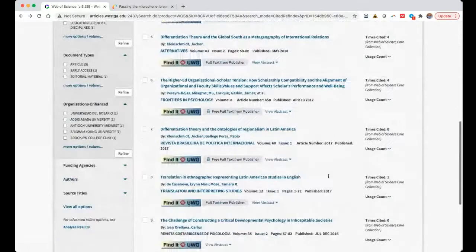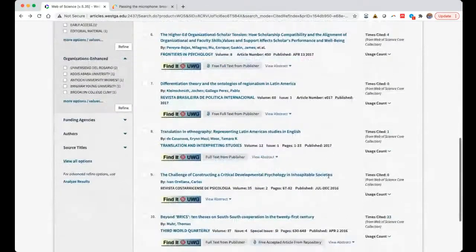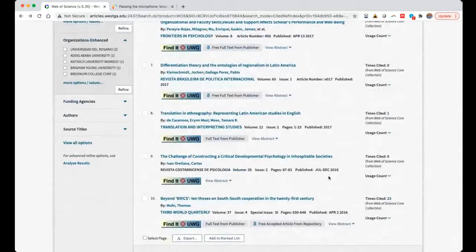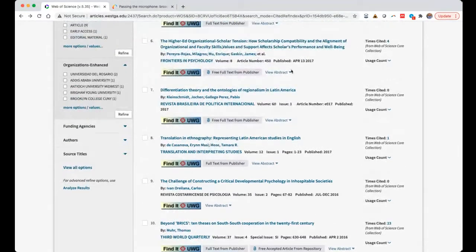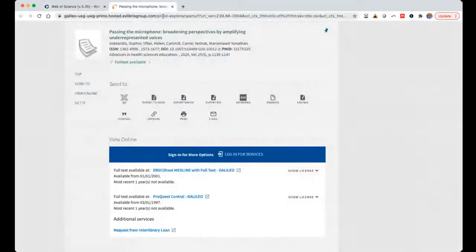So these are the 10 articles that might be interesting to me. They might not be, but they're definitely worth exploring because they have something in common with my original article. Now, I mentioned that Google Scholar is another way to do this. So I can go to Scholar